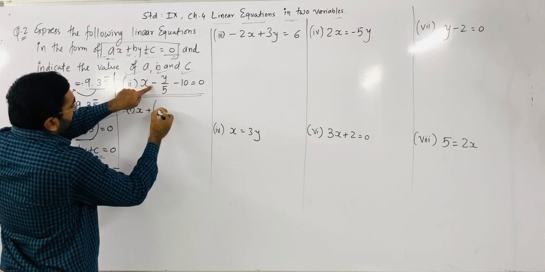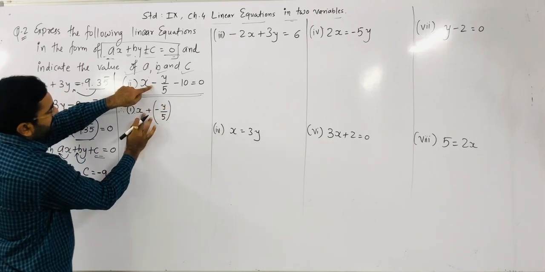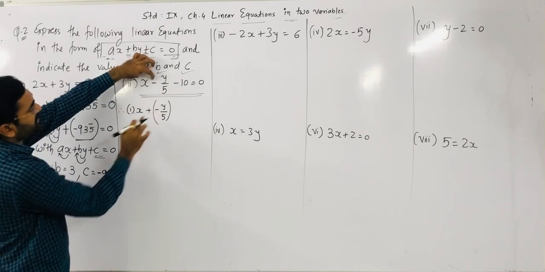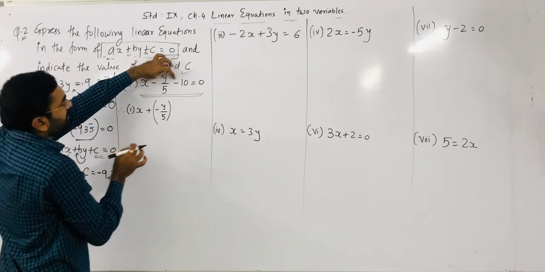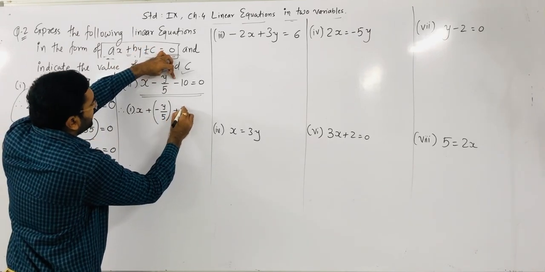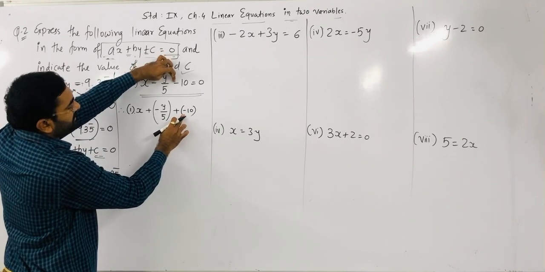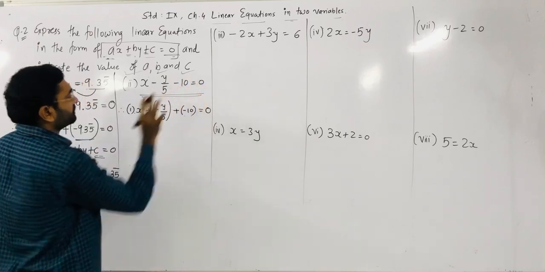Now here minus y by 5, you can write minus y by 5. If you multiply inside the bracket, plus minus which is given, and y by 5 is there. Now that number I can write that way, plus into minus 10. Plus minus there is a minus, right? So we get the same minus 10 and right hand side equal to 0 is there.